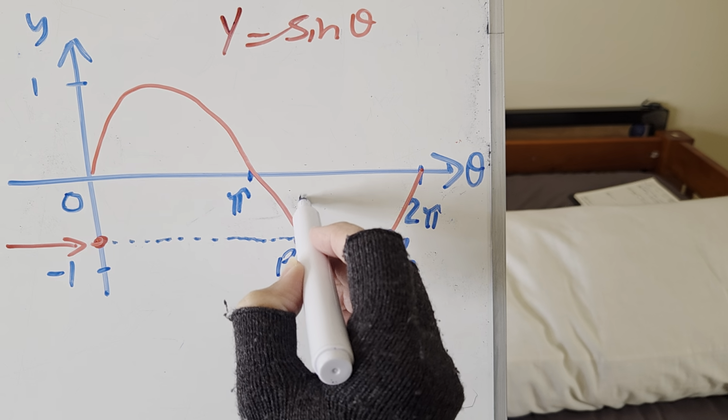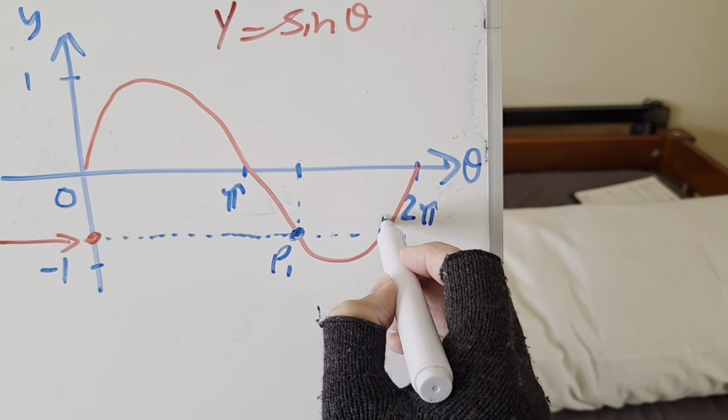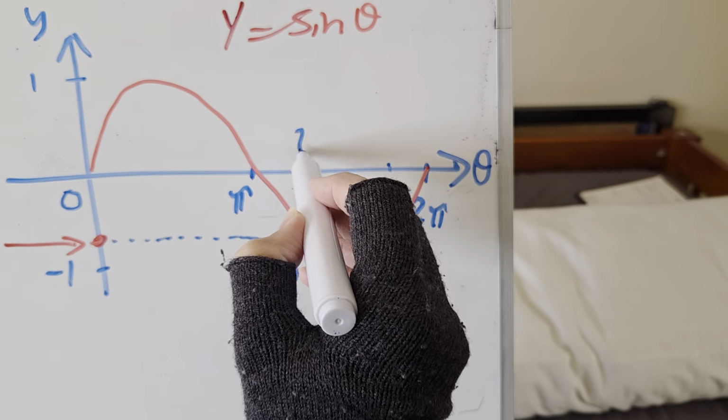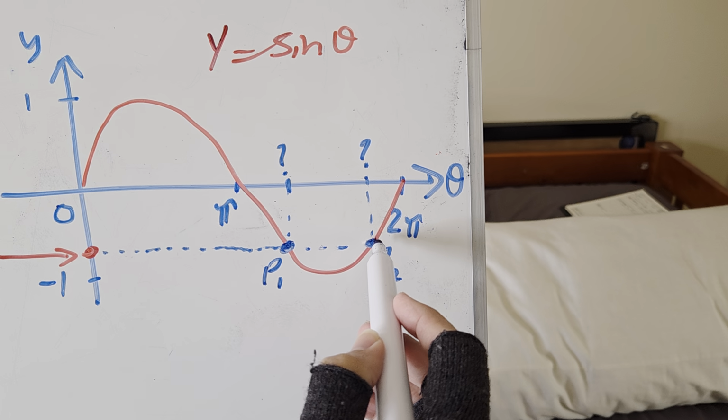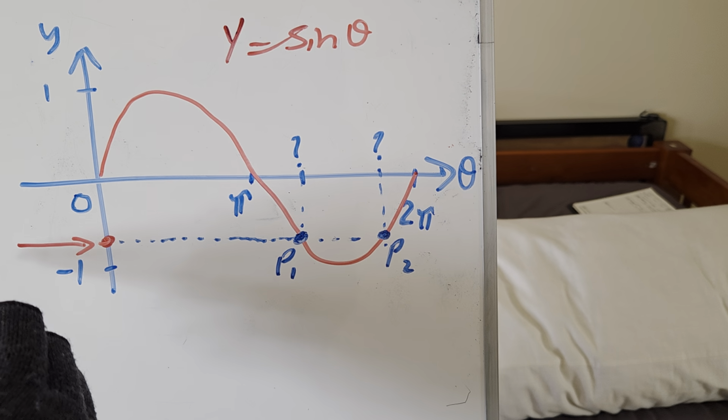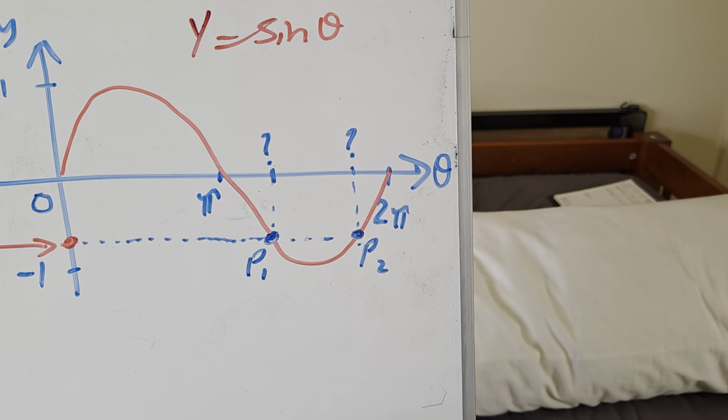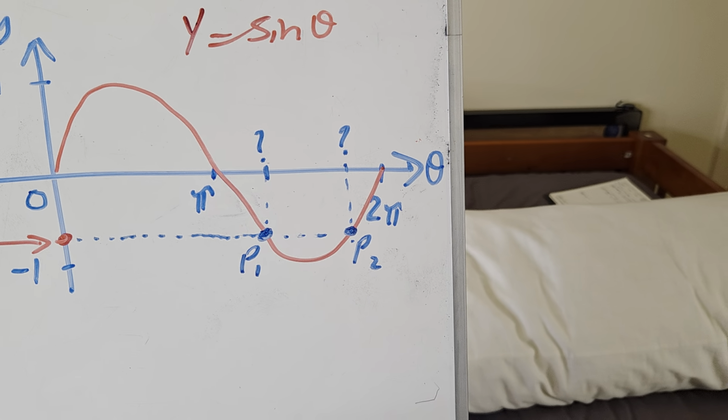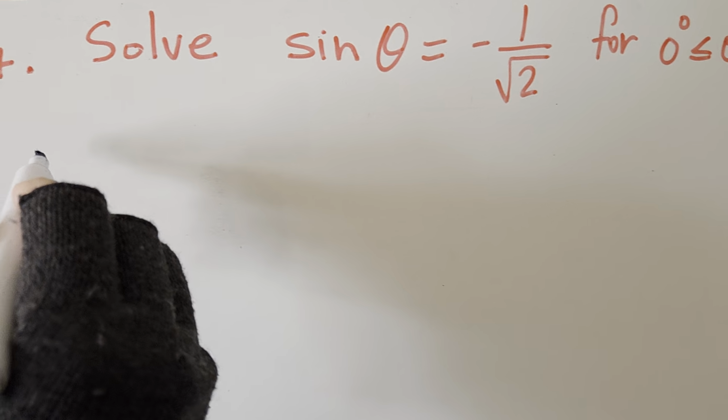So the question is asking, what is the corresponding angles? What is this angle over here and this angle over here when the graph range value is equal to -1 over square root of 2. So let's try to calculate that. The first thing to do over here is solve that equation, sine theta equals -1 over square root of 2. So the value theta